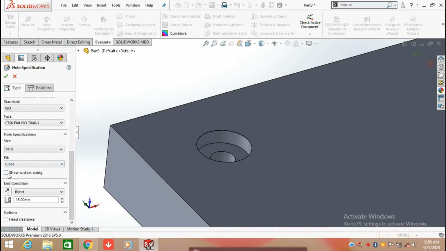You can also customize its sizes here. For example, if you want to change the counter of the hole, here it is 20 mm, you can change it. For example, here I am going to enter 18 mm.